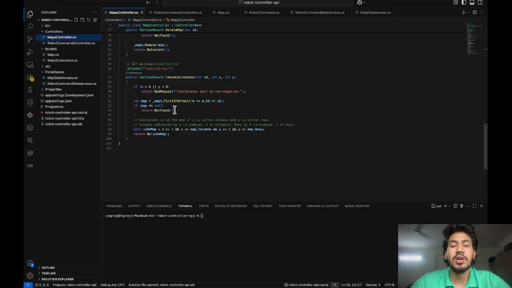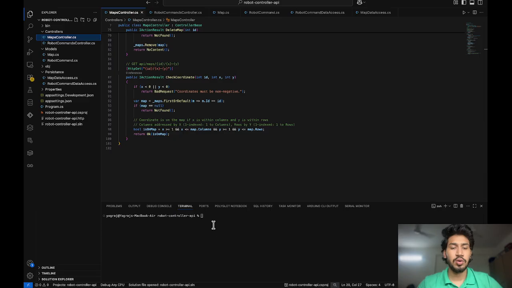Finally it checks whether the coordinate falls within the map boundaries, by checking if x is between 1 and the columns and y is between 1 and the rows. It returns true if the coordinate is on the map and false if it falls off the map. This is a really important endpoint for the robot simulator, because it prevents the robot from falling off the map.